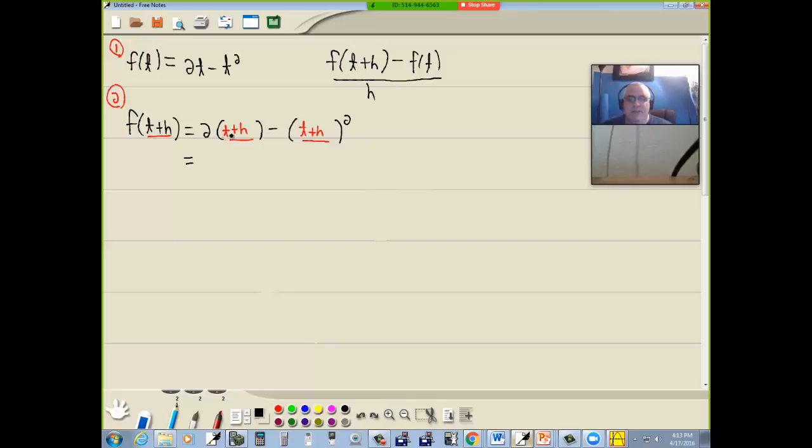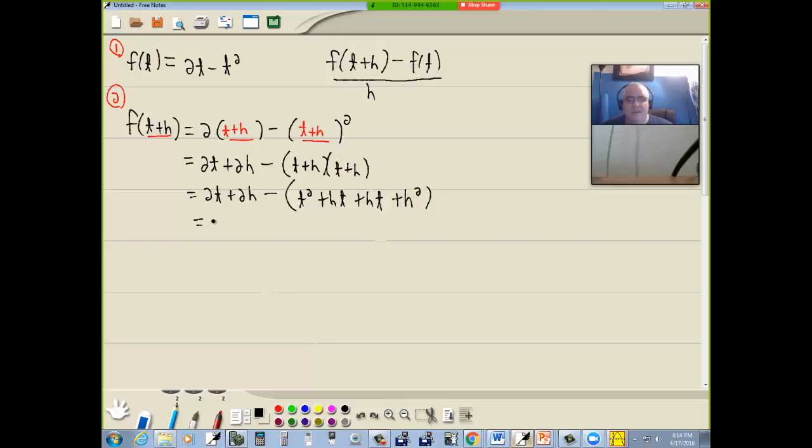Now here I can go ahead and multiply the 2 through using the distributive property. 2 times t is 2t. 2 times h is 2h. Minus, and then t plus h squared is t plus h times t plus h. Then I got 2t plus 2h minus, and we want to FOIL these. We got t times t, which is t squared, t times h, which is ht, h times t, which is ht, and h times h, which is h squared,